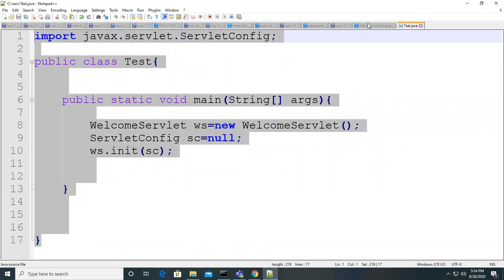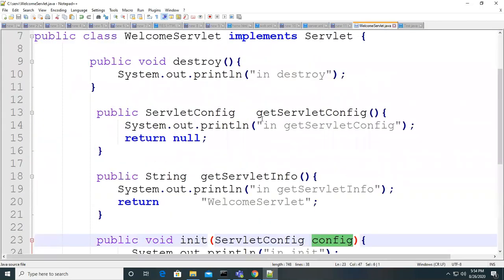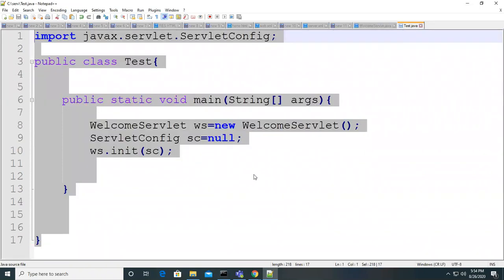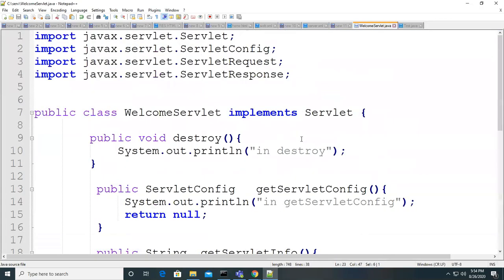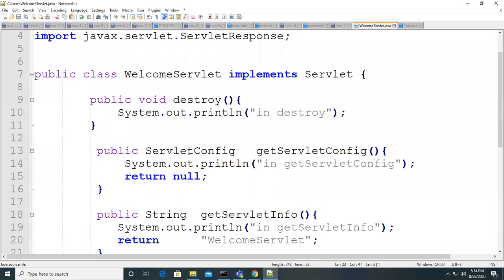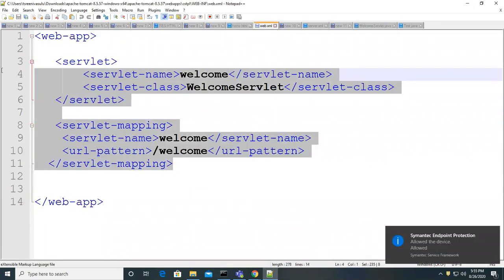Whenever you prepare some class and want to use it, generally you create an object and call the method on the object. You will do these things, right? But when you create a servlet program, you just compile it, take that .class file, and place it into the web application's classes folder. Once you place it in the classes folder, if you want to access it, do the configuration in web.xml. If you write 100 servlets, you have to configure 100 times, for each servlet.